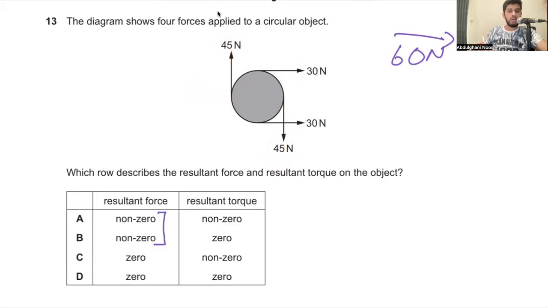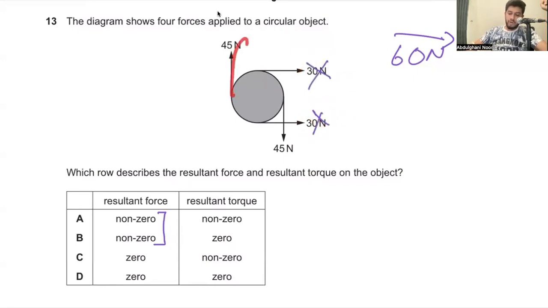Let's talk about the resultant torque now. ये 30 न्यूटन की जो है ना, टॉर्क के लिए कंडीशन क्या है? Two forces equal in magnitude, opposite direction, parallel to each other, and they should have a distance between them. Now, the problem with this 30 and this 30 is these two forces satisfy all the conditions apart from the fact that these are in the same direction. तो इनकी वजह से torque नहीं होगा. That is similar to me holding a steering wheel और मैं right से भी नीचे खींचूं और left से भी नीचे खींचूं with an equal force. My steering wheel will neither move to the right nor move to the left. सही? तो यहाँ पर भी यही वाला केस है. तो इसकी वजह से no torque.